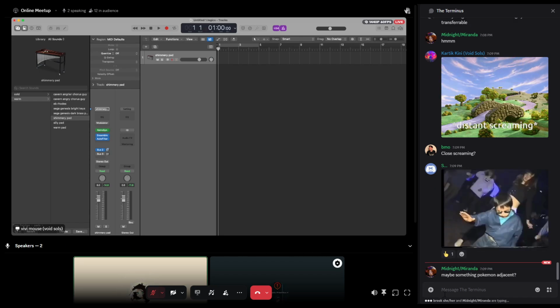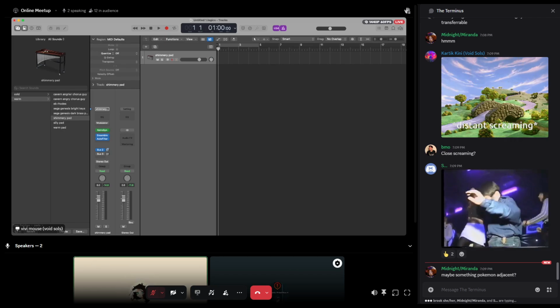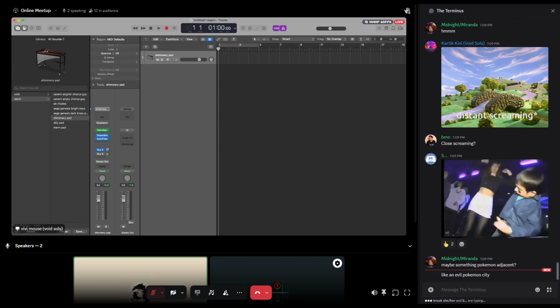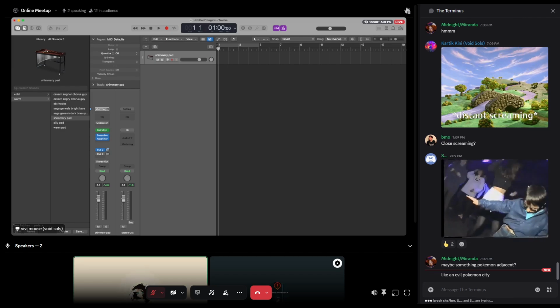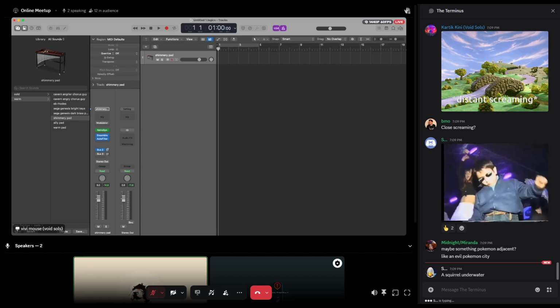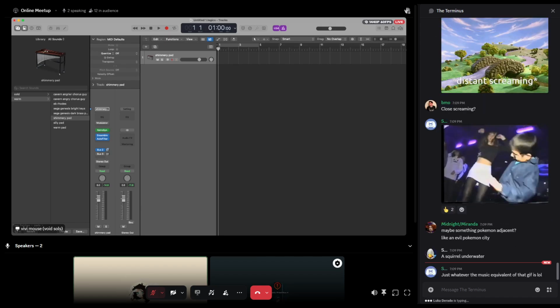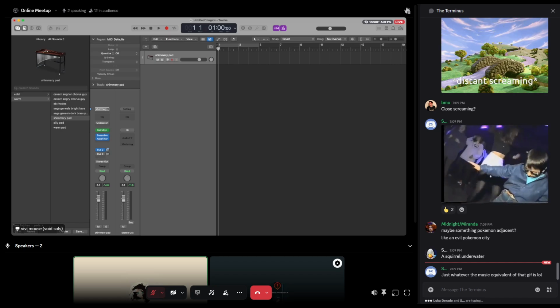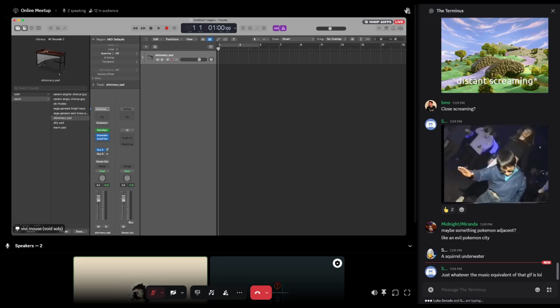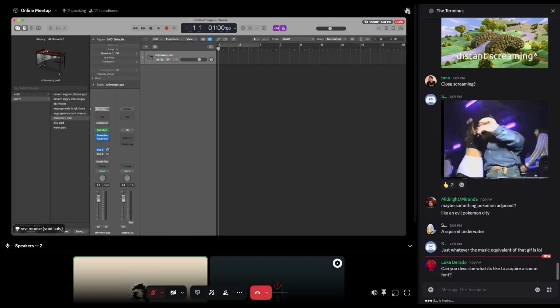Something Pokemon adjacent. I have the Pokemon Black and White sound font, which I can't condone procuring these things. Whatever the music equivalent of this GIF is sounds fascinating. A squirrel underwater sounds fun.